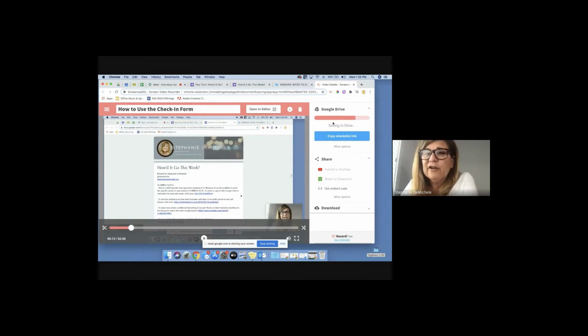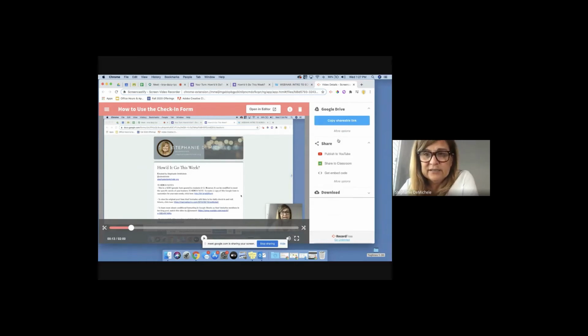You can see here from the progress bar that it's already saving to your Google Drive. This is the step you do not want to forget. So if you have a notebook or a pen or anything nearby and you're writing this down, you want to copy the shareable link. Because don't forget, the thing about Google Drive, especially if it's under your school domain, your Google admin may have it locked down so that it's only people within the school district can share things. So I highly recommend that you always hit copy shareable link, because what that does is it automatically